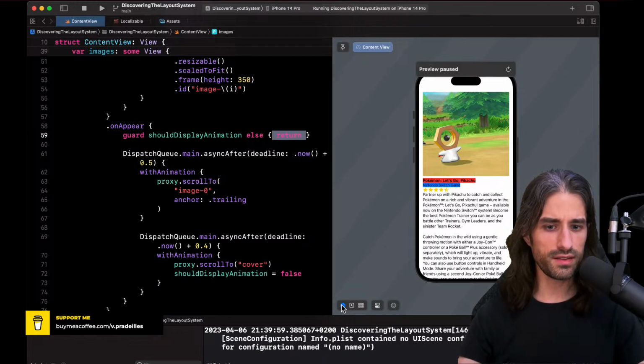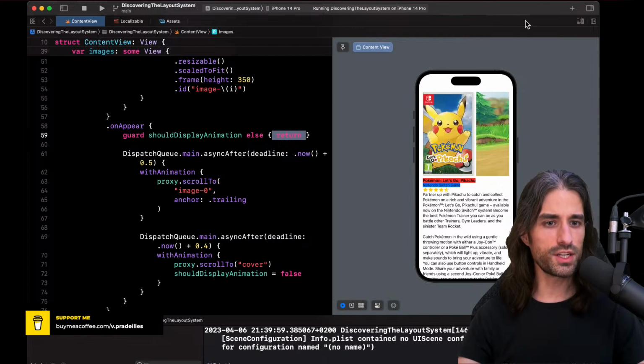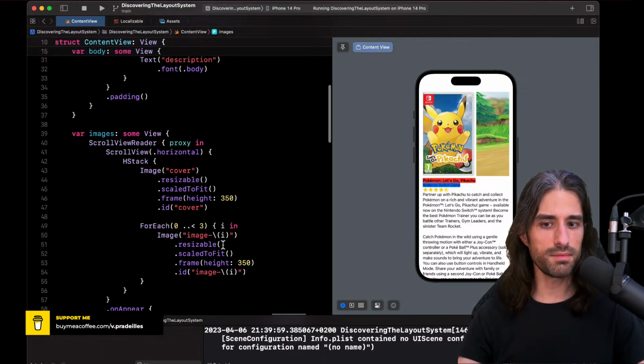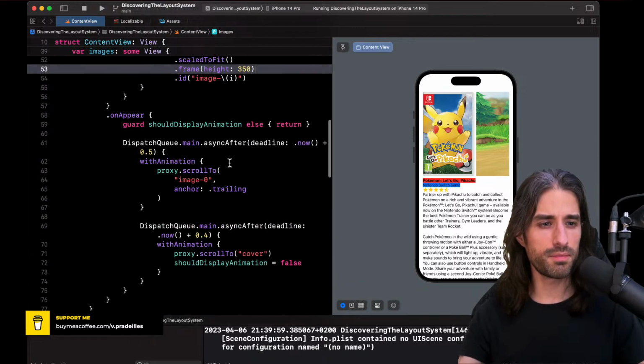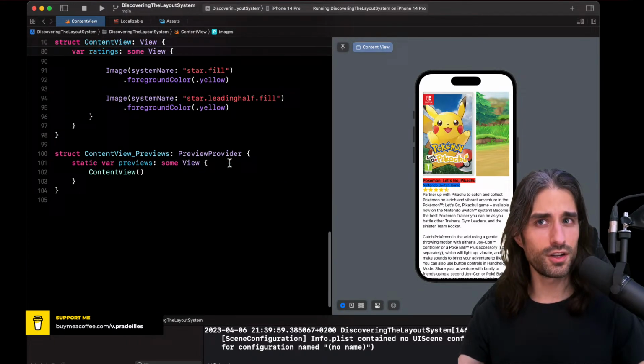Let's see, do we have the animation playing when we resume the preview? Okay, the animation played in the preview, so it played the first time, but now if I update the preview, the animation will never play again. That's not that great because that might be something we would like to test in the preview.